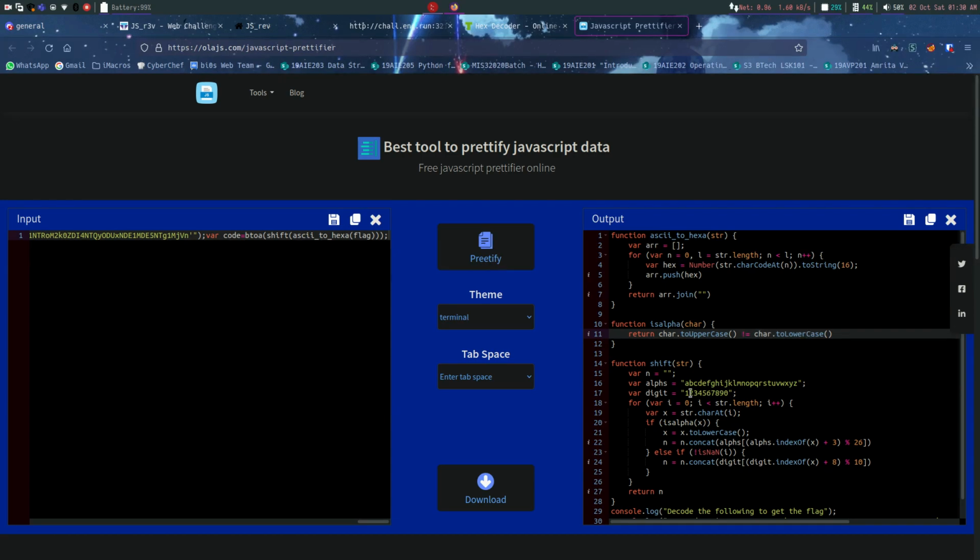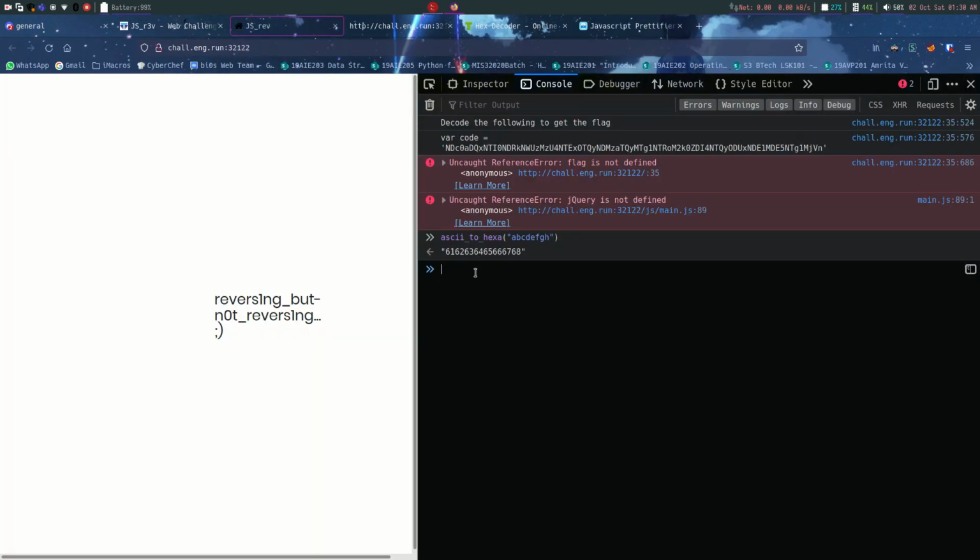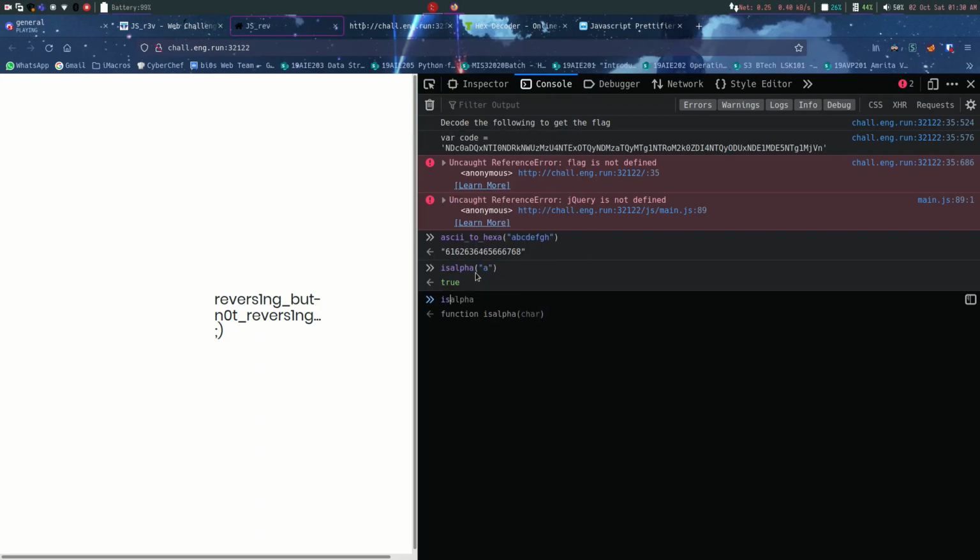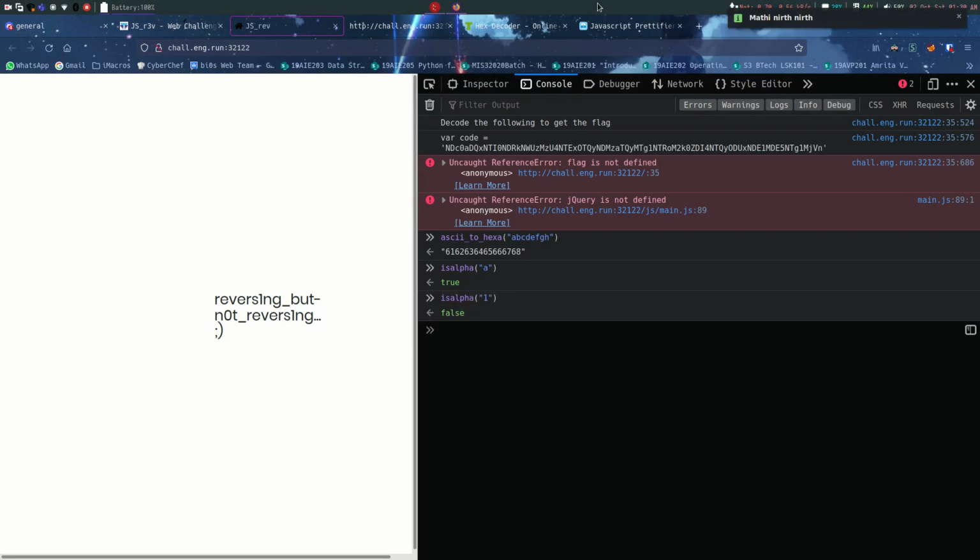But if we call it on any number, the uppercase is the same as lowercase, so it will return false. So it is basically used to check whether it's a letter or a digit. We can check that: is_alpha of A returns true, but is_alpha of 1, given as a character, gives false.